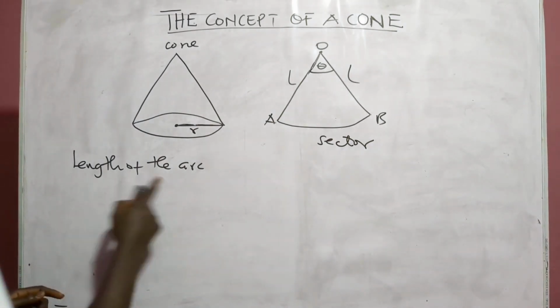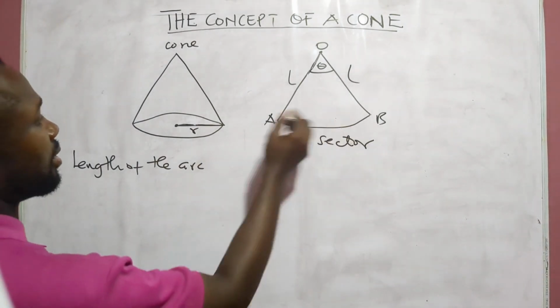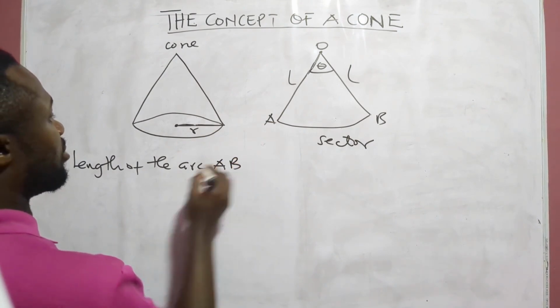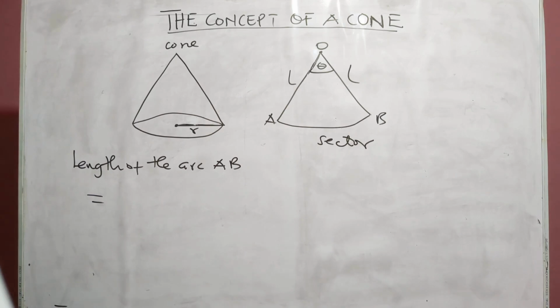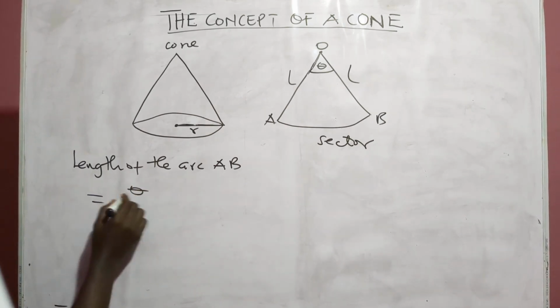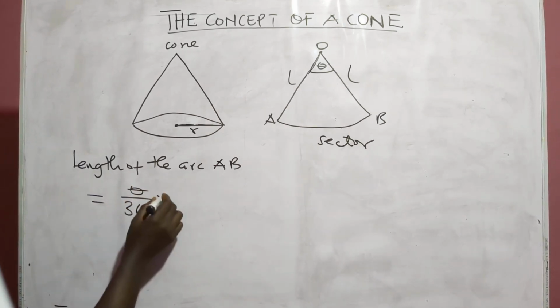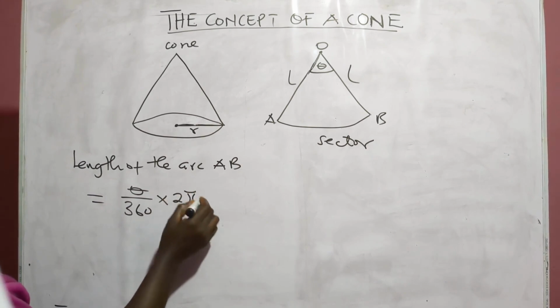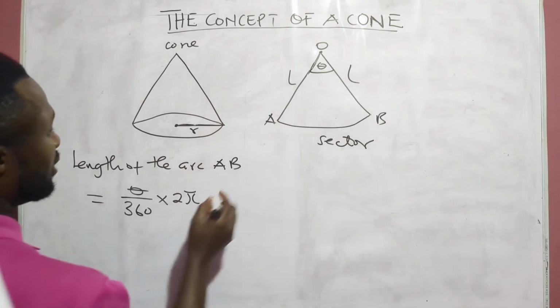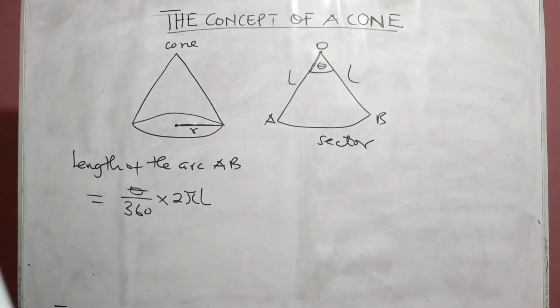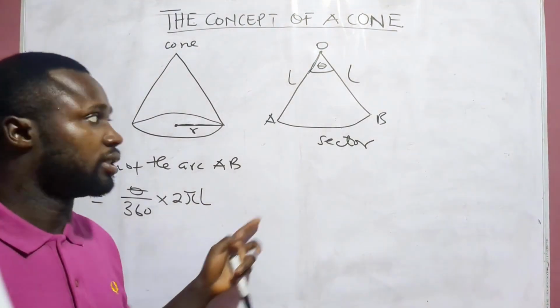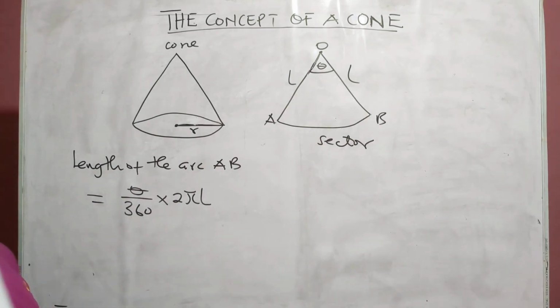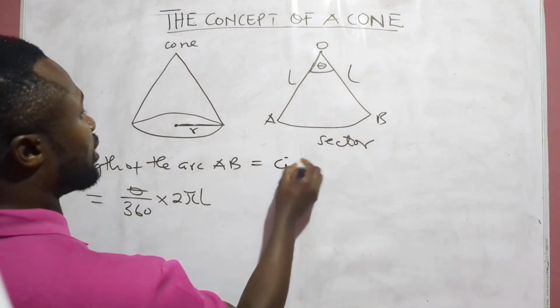So the length of the arc AB, we have learned that the length of the arc is theta over 360 times 2 pi r. Here we are using L as our radius, so times 2 pi L. This is the length of the arc, and we are saying that the length of the arc is equal to the circumference